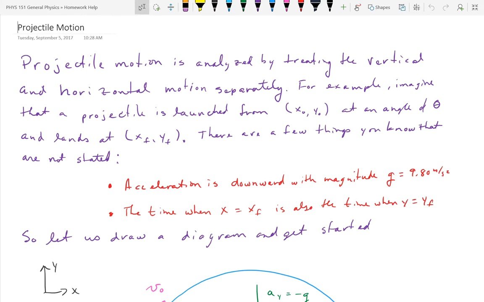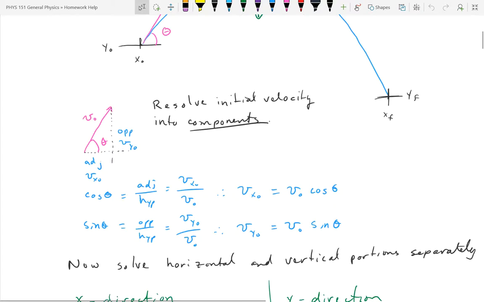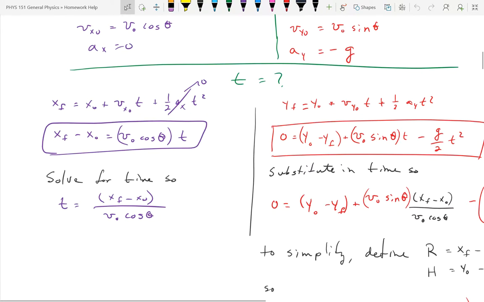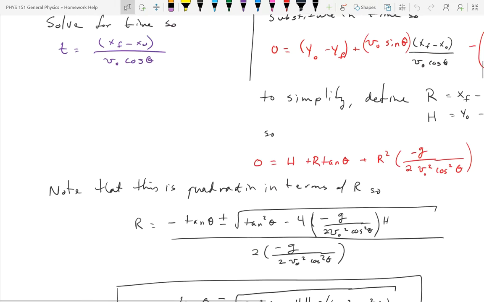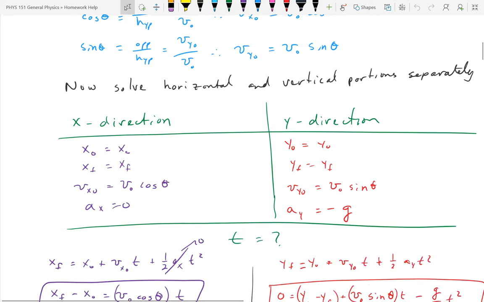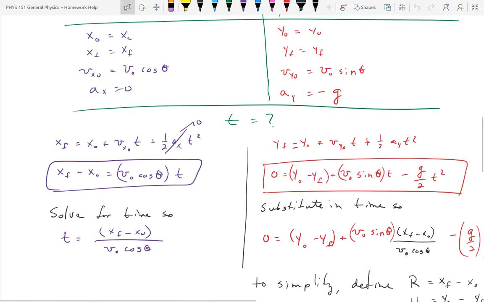Yeah. I rewrote it and did all of the work to show how you do one of those problems, breaking it into the components, finding the time, plugging the time in. And I came up with the true range equation here, which is a pretty large and ugly equation. That one you could use all the time, but you're not going to get that either, because what I want to see is that you know how to do this work here.